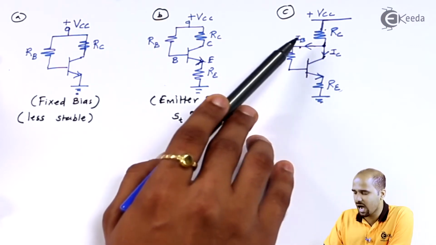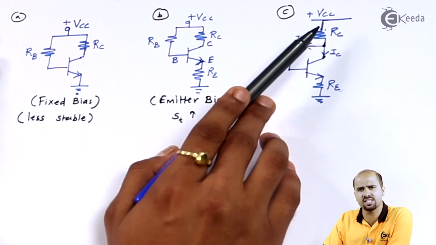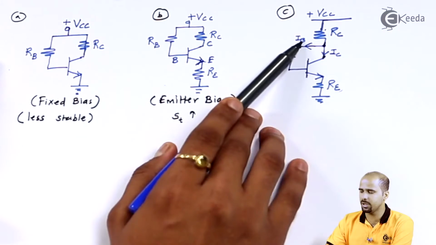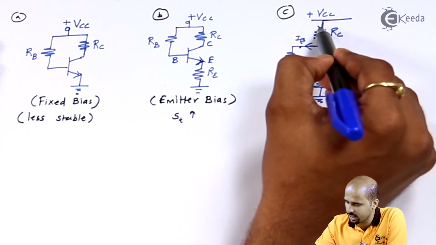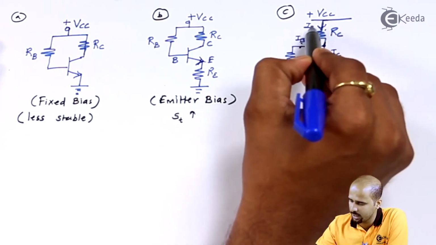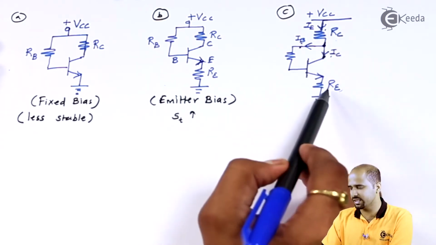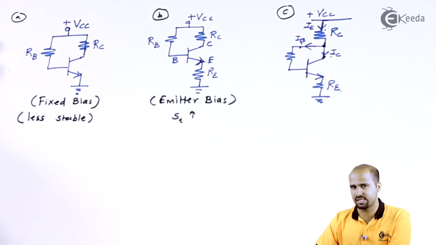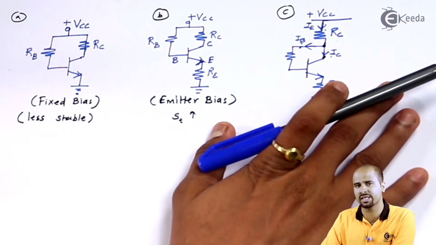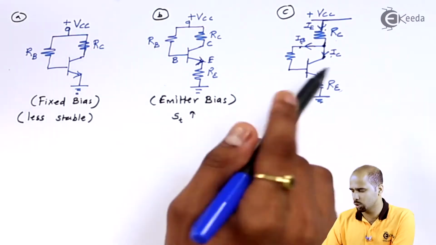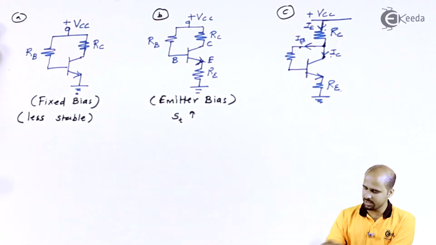So I can say that IB plus IC is nothing but the current flowing through RC. And as I know the theory of the BJT, IB plus IC is nothing but the emitter current. So this current is nothing but the emitter current IE. So the current flowing through RC and the current flowing through RE is the same as far as DC analysis is concerned. That means if I have not connected any AC input to the base or any terminal of the BJT.